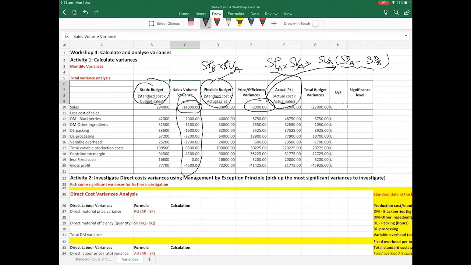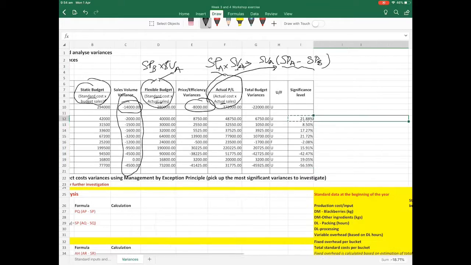Now we want to investigate each of these figures. So now let's look at some of the significant ones here. When you look at a list of costs like this and you don't know which one to look at first, I suggest you calculate the significance level by using this variance divided by the flexible budget. I want to know how many percent the cost has exceeded or not